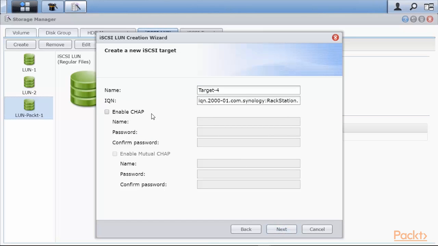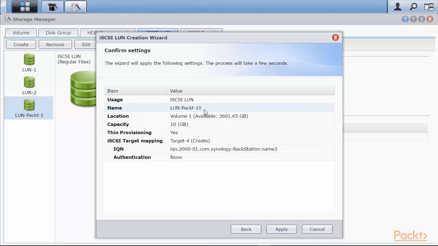I'm not going to enable any CHAP authentication or mutual CHAP. It simply doesn't make any sense to me in a secure physical data center environment. So I click on next, and we are going to create a new LUN pack 10 of 10 gig capacity,